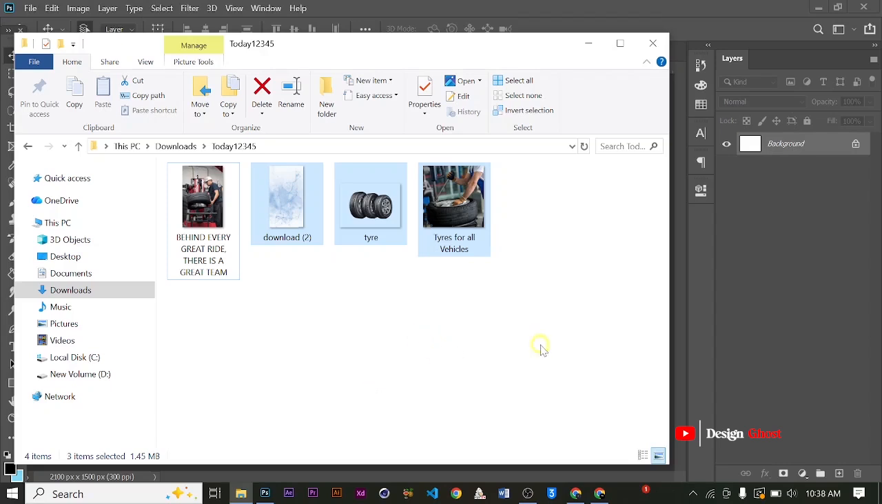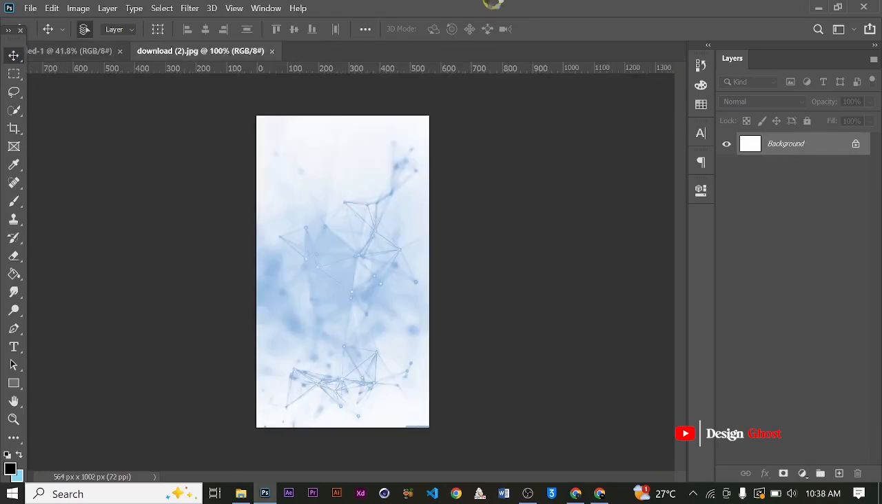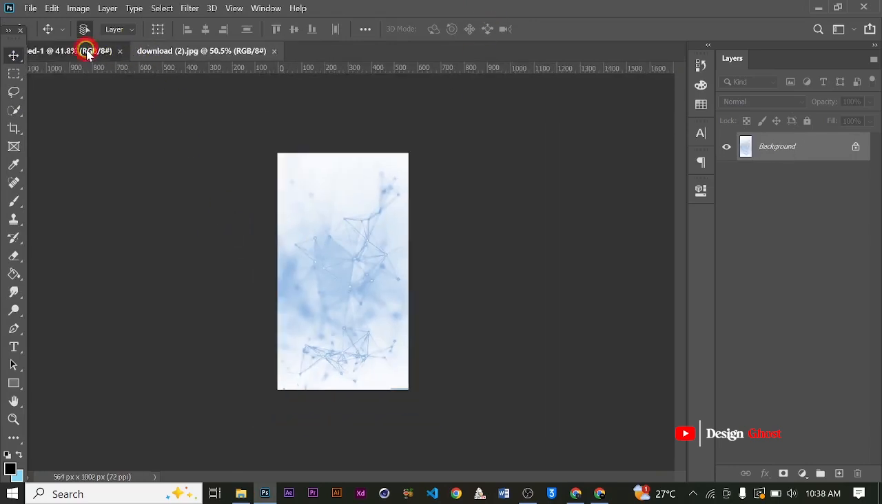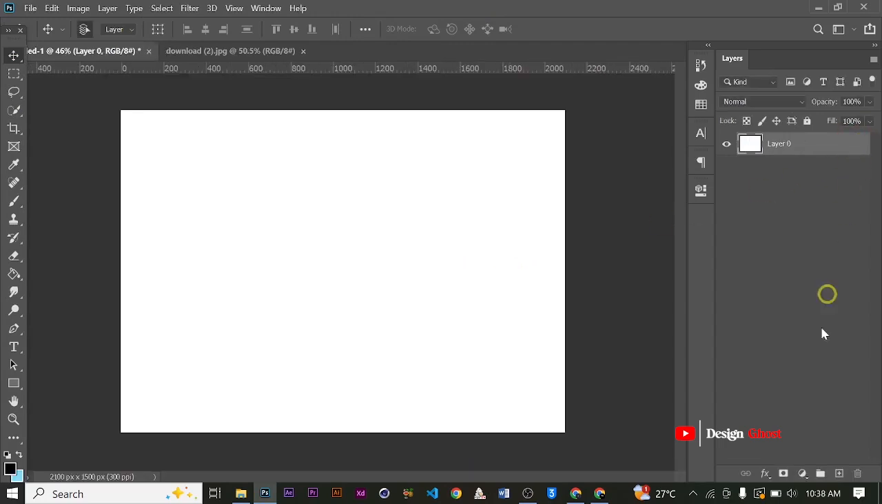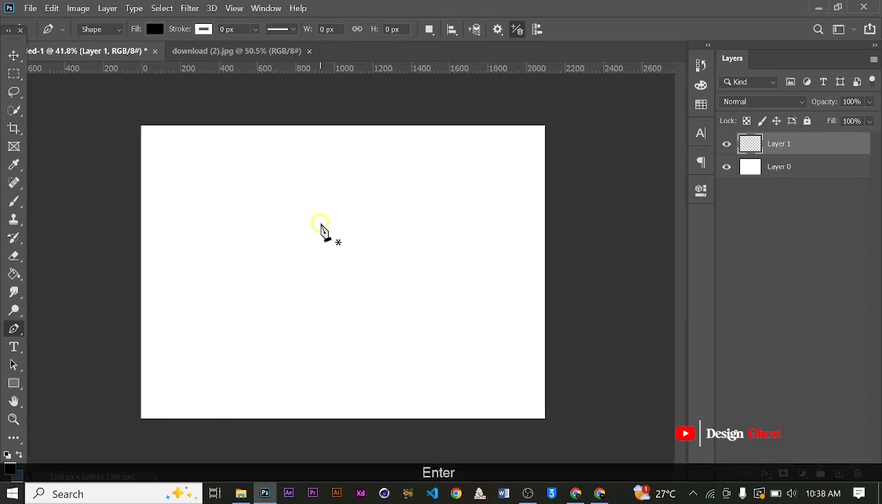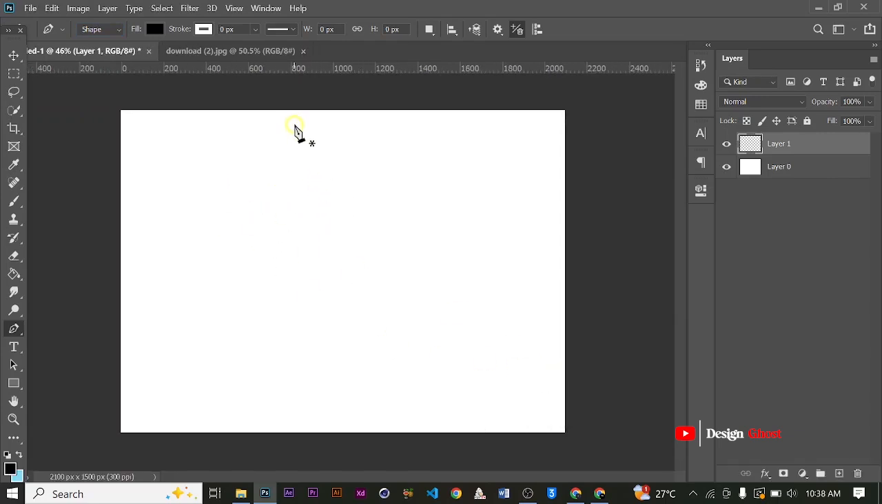Okay, so first of all, we are going to bring in this tech pattern background. And then we are going to unlock the layer. We are going to add another layer onto it. Grab our pen tool and make sure it's on shape, and then we are going to draw a line shape. So we click,